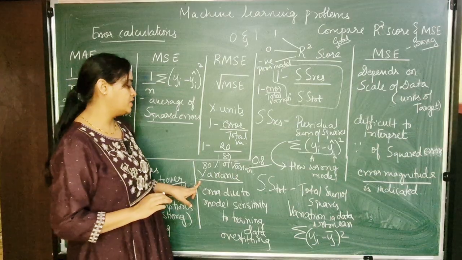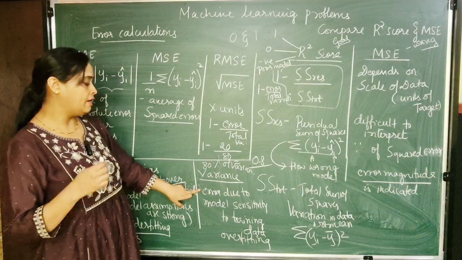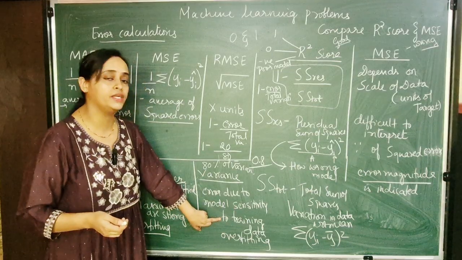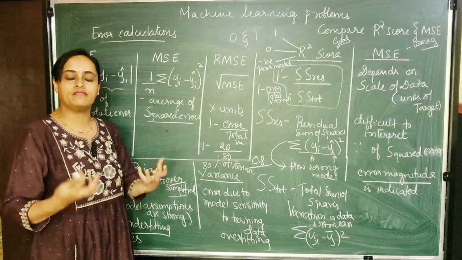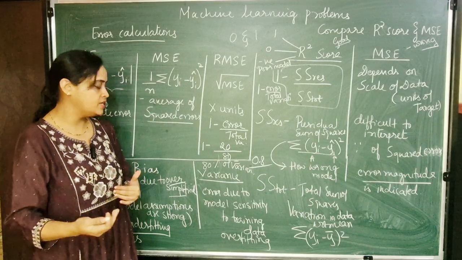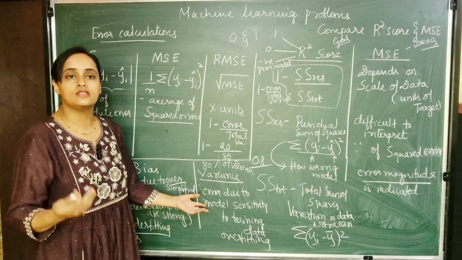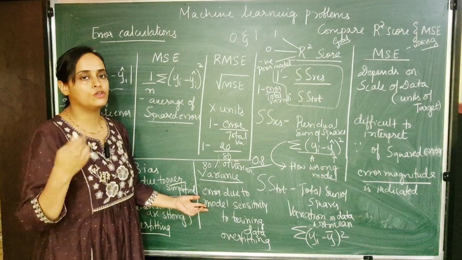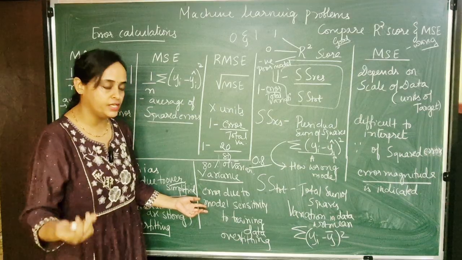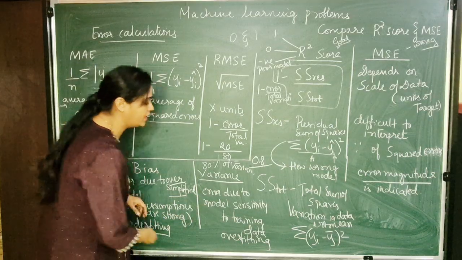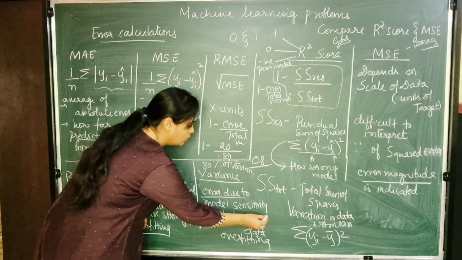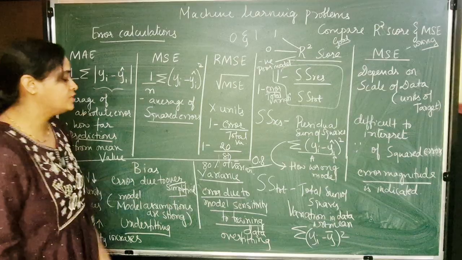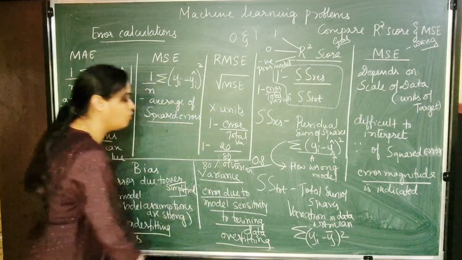What happens in variance is that the error is because of model sensitivity to the training data. Here the complexity will increase. As the complexity increases, there is a chance of interference of noise. The noise interferes whenever the complexity of the data increases. That is one good example where error occurs due to model sensitivity to the training data, because of which the condition occurring is overfitting.